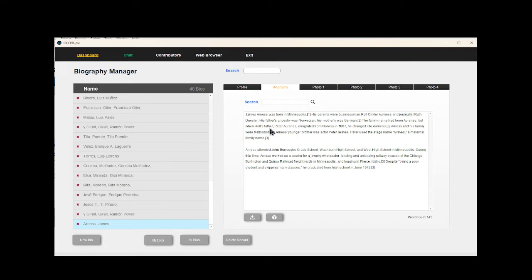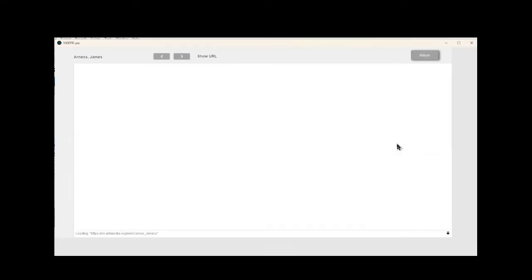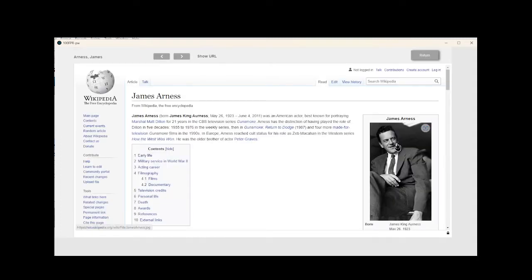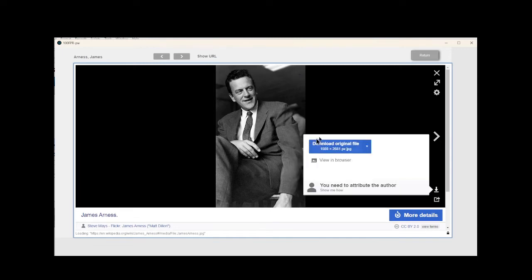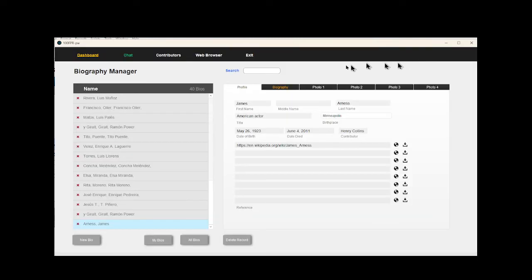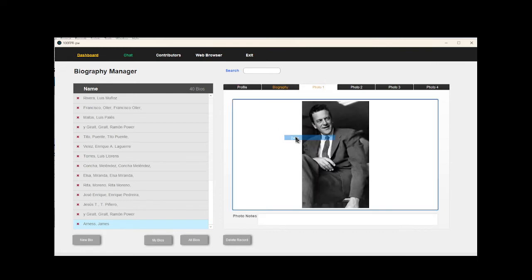Now let's go back to this function here, which is photos. Okay, now how does that work? Okay, we'll go back to the profile. Okay, here goes a photo. Let's see if we can copy that. Right click, copy image, hit return, go into photo, right click, paste. Now,